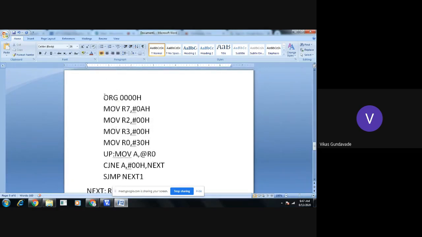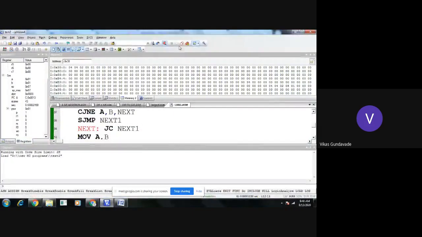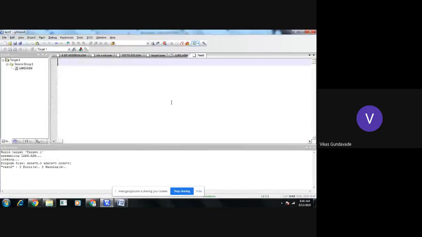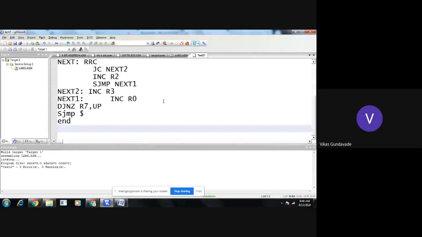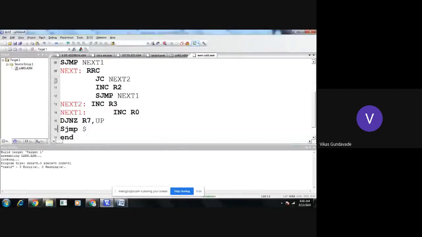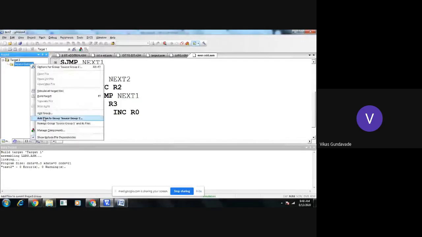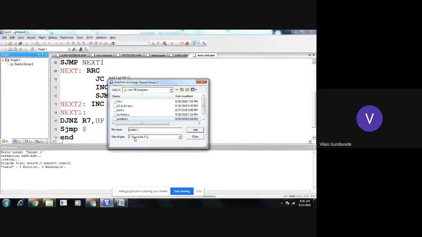Okay, so we will try this in Keil. So we will stop here. Let me create a new program and save it with the name even odd dot ASM, and we will add it into Keil.